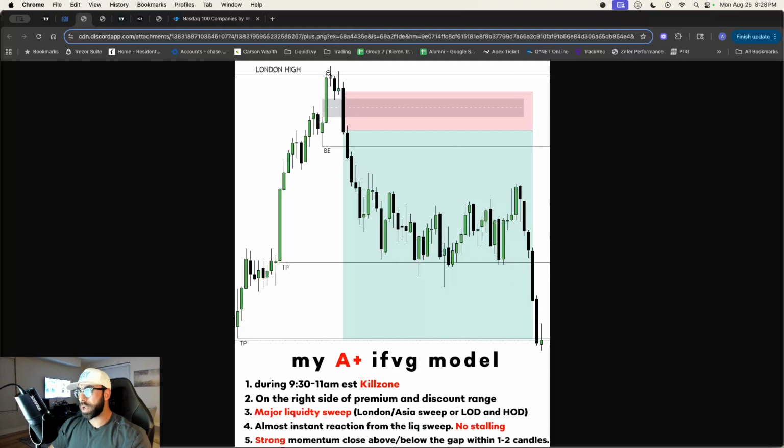Fair value gap, quick momentum, wick, IFVG, closing it, market sell, break even goes here, next liquidity, next internal sell side liquidity, which would be this low, swing low. Or if you want to be a little more lenient with your stop loss, or excuse me, your break even point, it would be the next liquidity pool, which is this bullish gap. So when price came down into here, that would be your stop loss to break even.